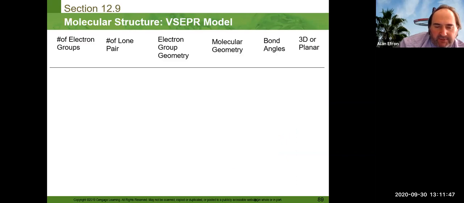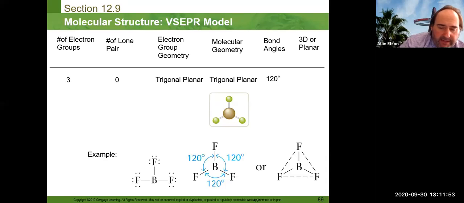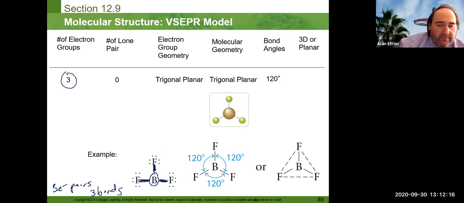The next geometry is when we have 3 electron pairs and 3 bonds. An example of that is our BF3, which is our incomplete octet. If we go to our boron, it has 1 electron pair, 2 electron pairs, 3 electron pairs. It also has 1, 2, and 3 bonds. So something with 3 electron pairs and 3 bonds